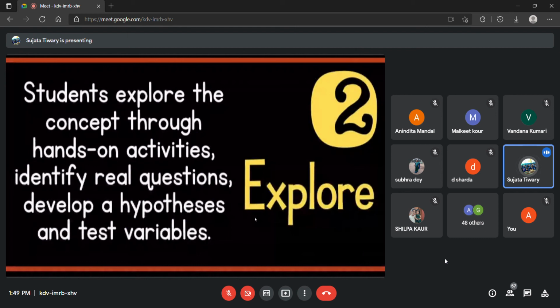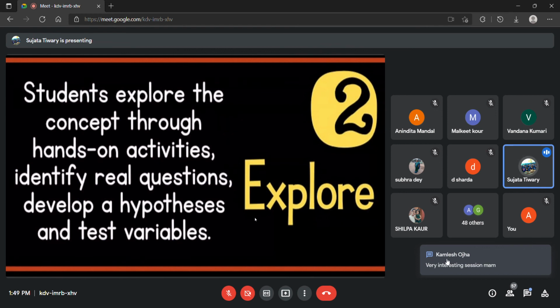Now they are drawing it and labeling it, and then coming up with ideas and hypotheses. The different parts of the flower, they are naming it, and they are testing it. Testing in different variables, that is in different flowers, they identify the parts and come up with the idea that all the flowers do not have the same type of petals, not the same type of androecium and gynoecium.